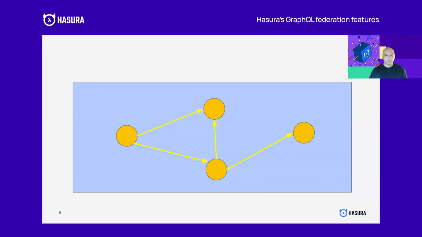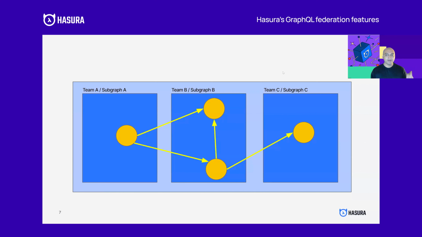Well, we've seen what a supergraph looks like. This is a model of the supergraph. You see that there are different models and they're all connected by relationships. And we have metadata that defines this supergraph. What we can do is split this metadata into different subgraphs, and each team owns one of these subgraphs, so each team owns a portion of the domain.